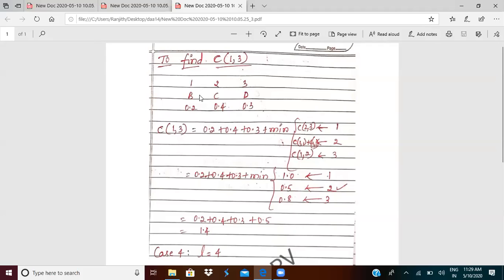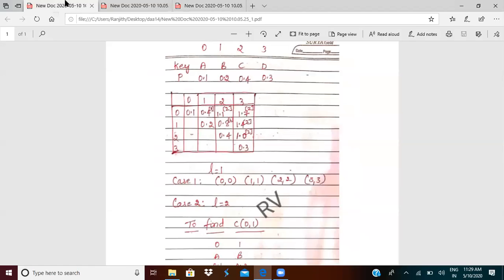Now if I take 3, it is C of 1 comma 2. Again, I'll see the table for the values of C of 2 comma 3, C of 1 comma 1, and C of 3 comma 3, and C of 1 comma 2. And I'm going to fill these values. Now, which is the minimum value among these three? Minimum is 0.5. So I'm going to sum up these values and I get value 1.4 as the answer. And I got it with the help of 2. So I'll fill that 1.4 here, and that is because of 2.